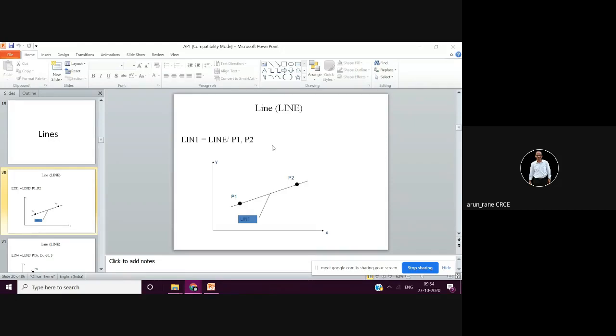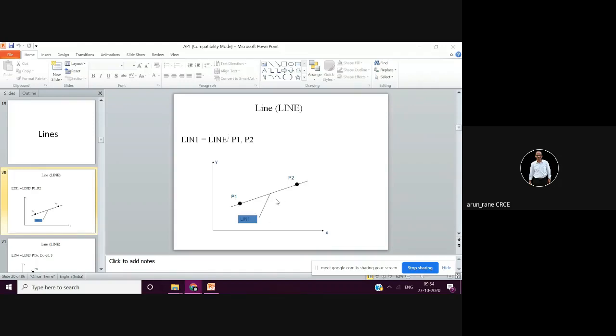line L1 and L2, it will ask to define a line. Now for defining a line, again we need a point, isn't it? So that's why I was telling you not to remember those commands. Simply remember that a point is denoted by x, y and z coordinates. So here this is a line passing through point P1 and P2.